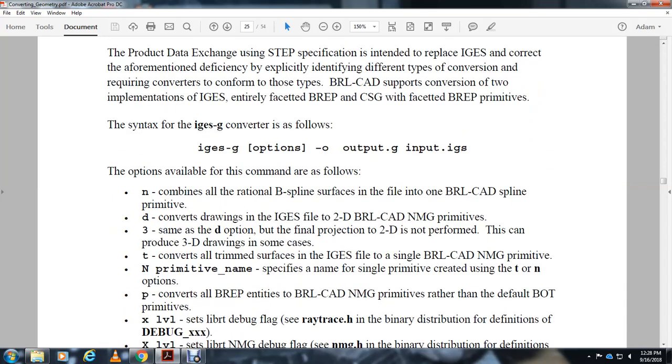Syntax for the IGES converter follows: iges-g, option, -o output.g, input.iges. Options are available. The N option is combined with the rational B-splines, so the file becomes one BRL-CAD spline primitive. The D option converts the drawing of the IGES format to 2D BRL-CAD MGED primitives. 3, same with the D option of the final project, and D does not perform this to produce 3D drawings. In some cases, the T option converts all the trimmed surfaces in the IGES file into the BRL-CAD non-manifold geometry, NMG,